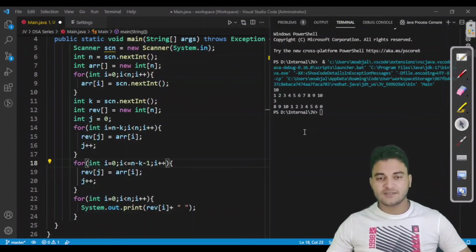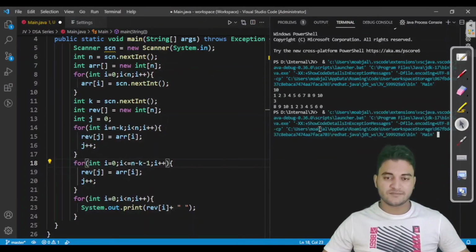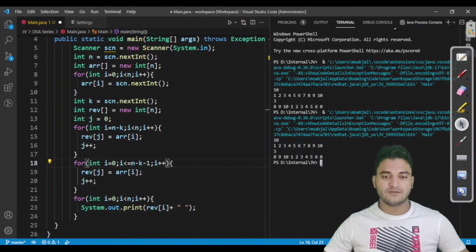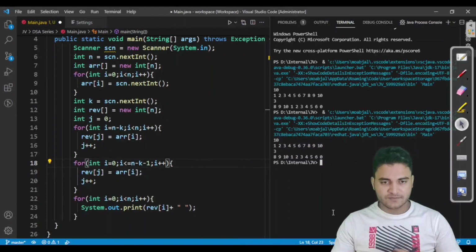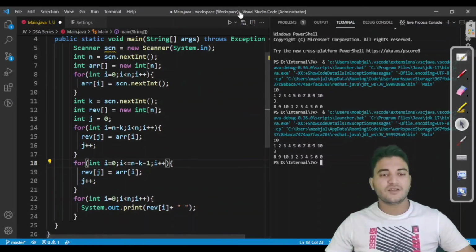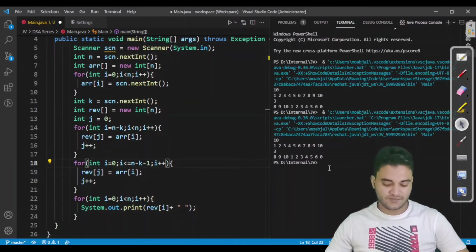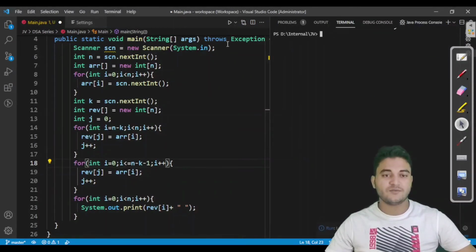So let us give it a try once again. 10, the same input and the same rotation number. Still we are getting the same output. Okay, so we have not executed this because we have to run it again after modifying the code.